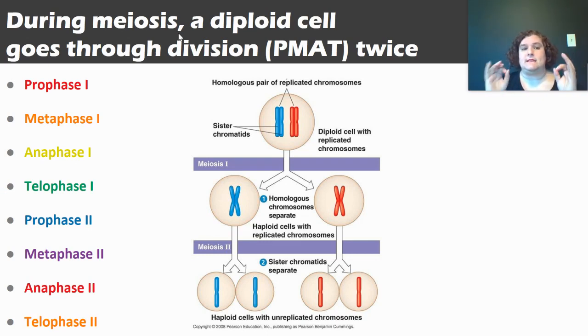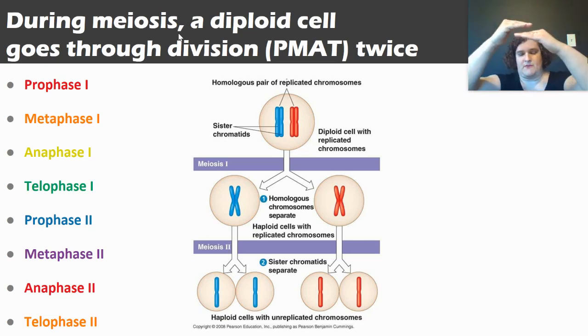Through meiosis, a diploid cell goes through division twice. And the division looks just like mitosis, except it happens 2 times. Prophase, metaphase, anaphase, telophase happens twice. Prophase 1, metaphase 1, anaphase 1, telophase 1. Prophase 2, metaphase 2, anaphase 2, telophase 2. And it's the same set of steps,